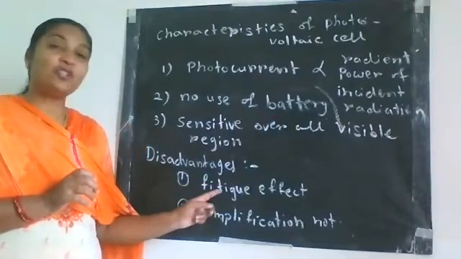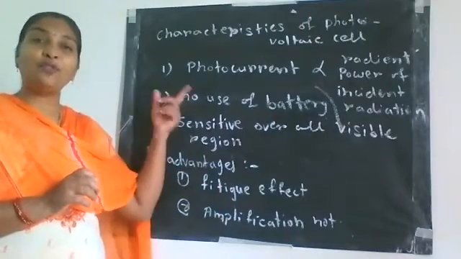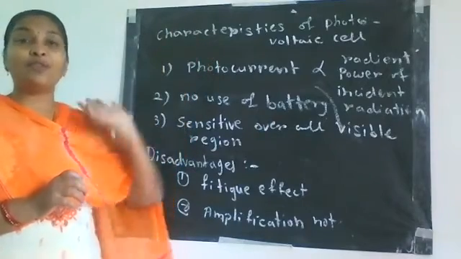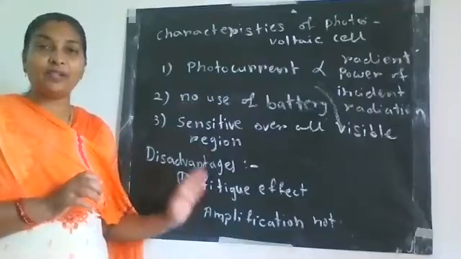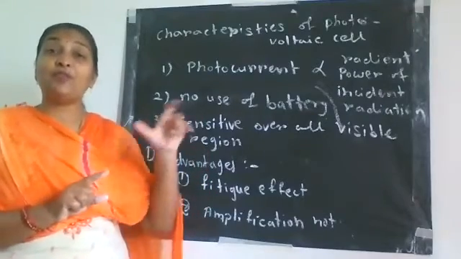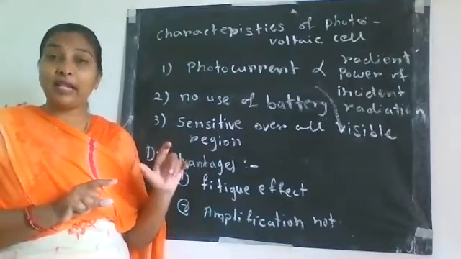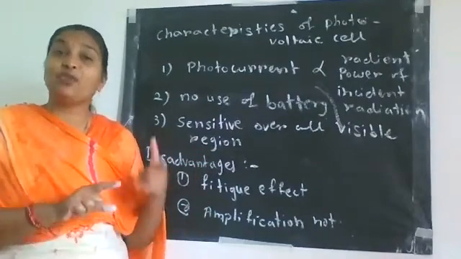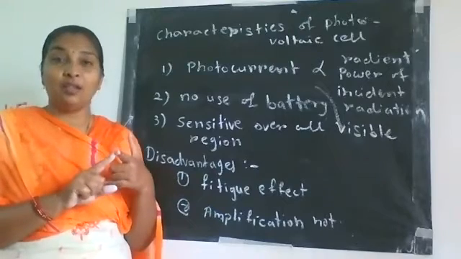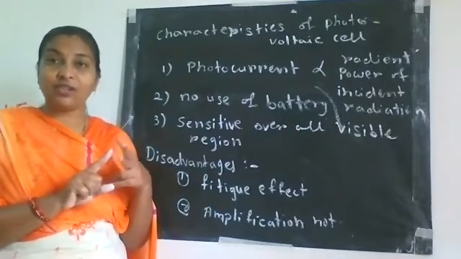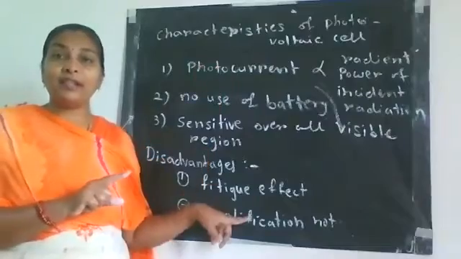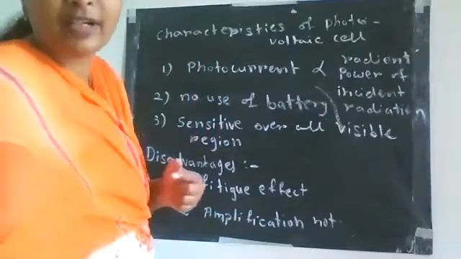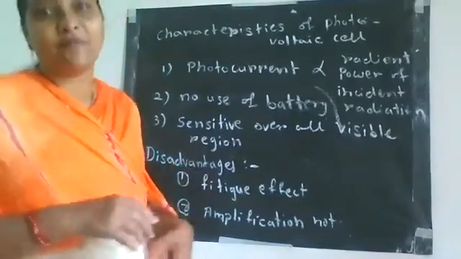So these two are the major disadvantages of the photovoltaic cell, and these three are the major characteristics or advantages of the photovoltaic cell. So prepare them very well. A question like explain photovoltaic cell, or describe photovoltaic cell, or write a short note on photovoltaic cell will be asked. In that you have to write down the construction, draw the figure, and then the characteristics and disadvantages. All those points will be covered by 4 marks. So write it properly if it is asked in the exam.